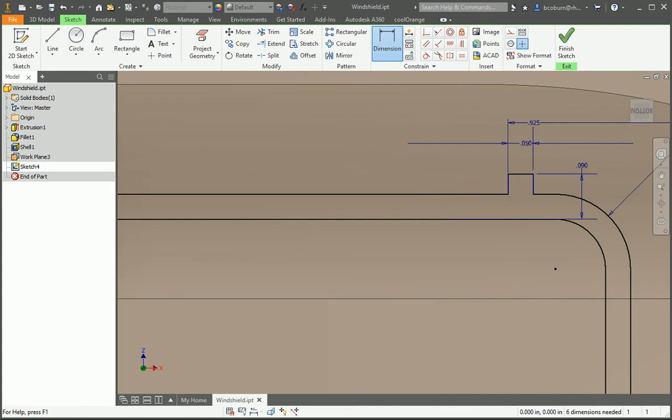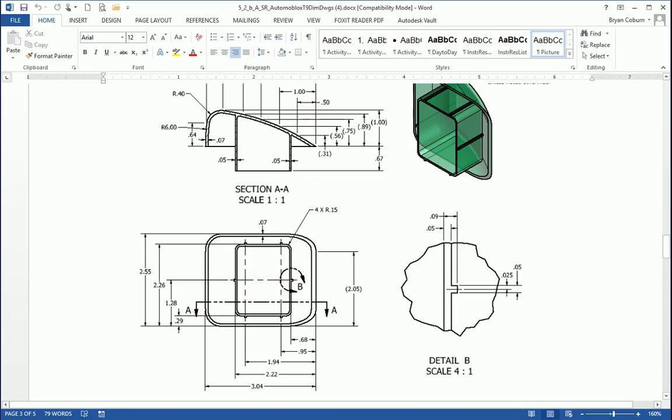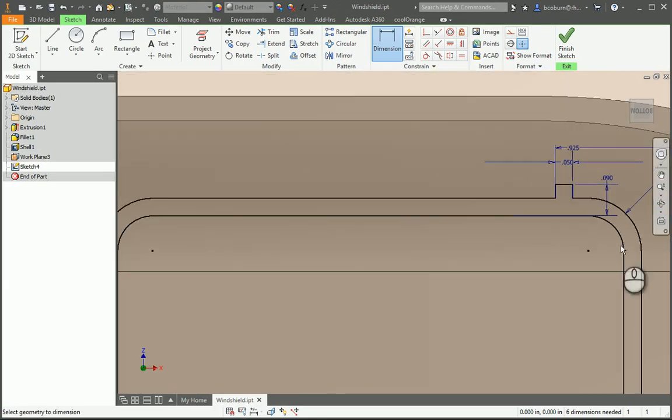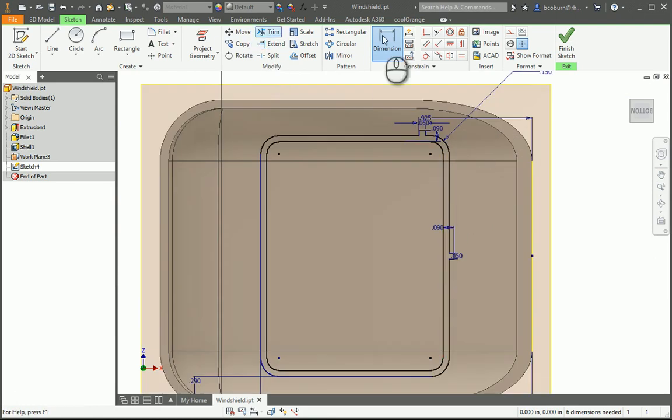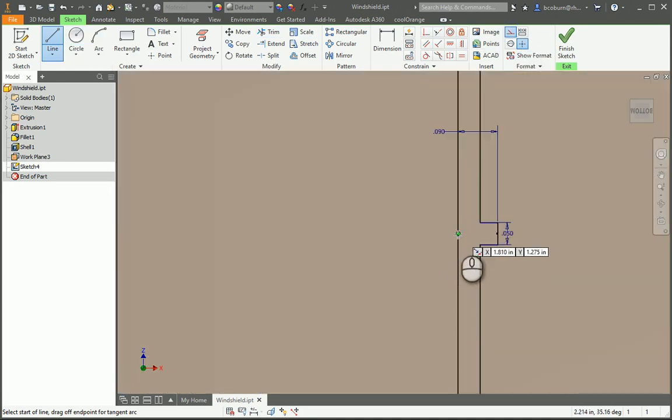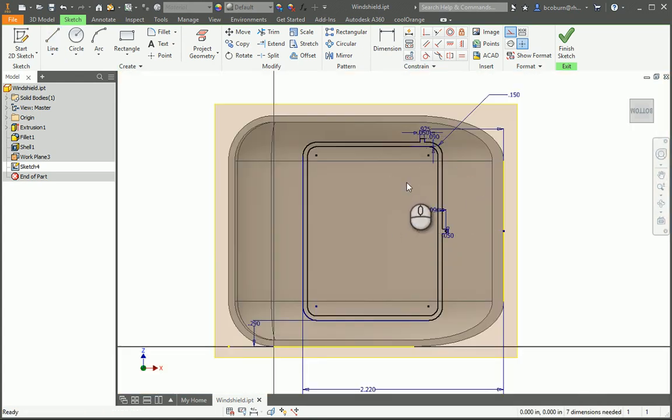So we'll go in and look at the drawing. That looks about right. So now I've done most of my work, so what I'm going to do is go back to Inventor, and now I'm going to zoom it out a little bit, and now I'm going to put some construction lines in there. So I want to go up here and hit construction, and I'm going to make a construction line that is in this direction, and hit escape, and I want to do another construction line in the middle here,